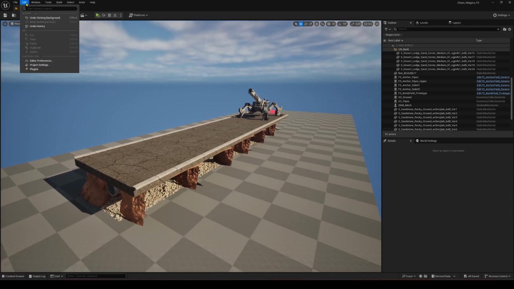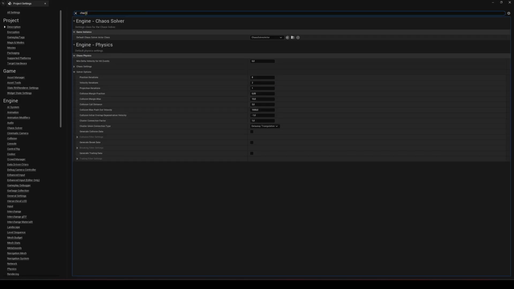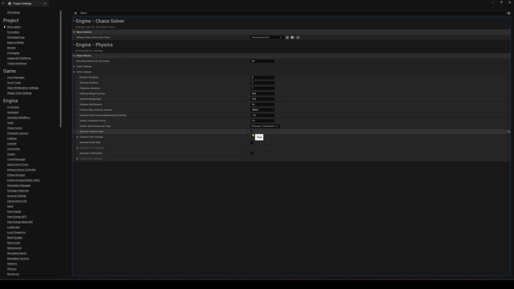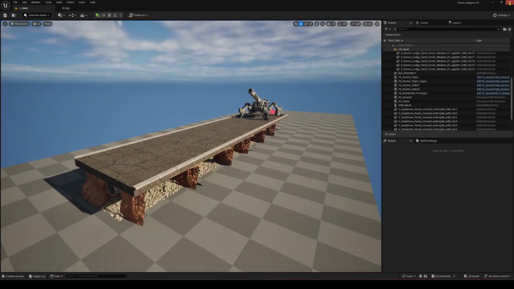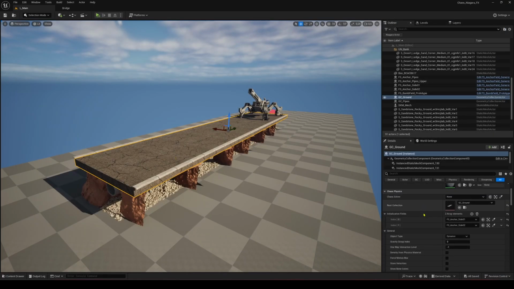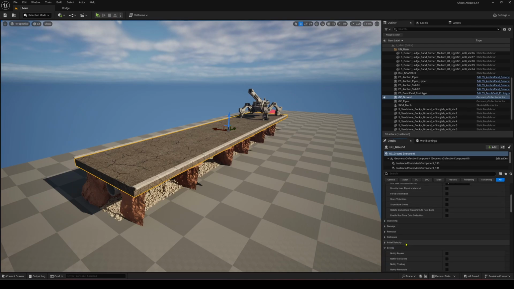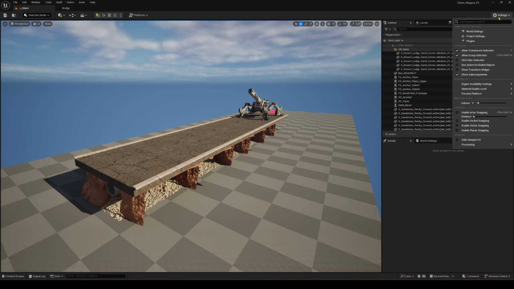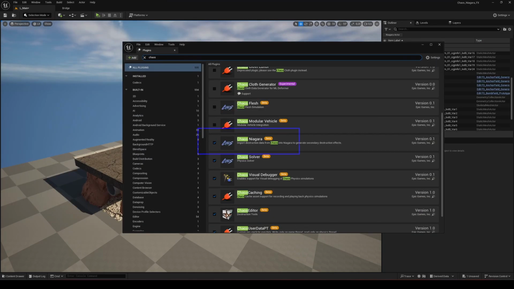First, let's make sure that collision data, break data, and trailing data are enabled in the project settings. These names are self-explanatory, as they generate and spawn any Niagara system based on fracture collisions, the initial break, or trailing of fracture elements. Next, we need to activate the notify events on the geo collection present in our scene. You'll find them in its details panel. And all of these features are functional and available thanks to the Kairos Niagara plugin, which is still in development.